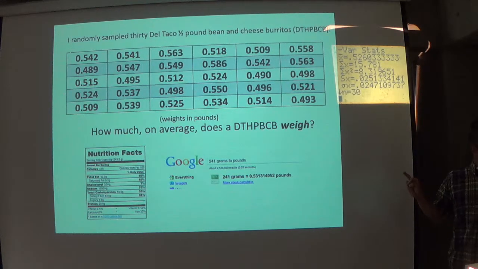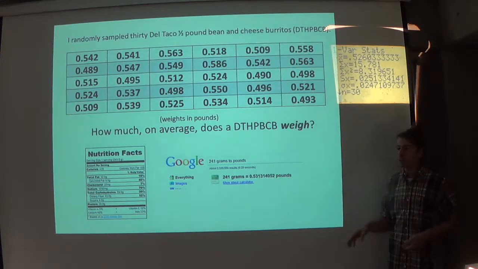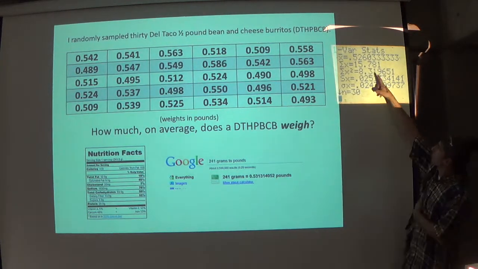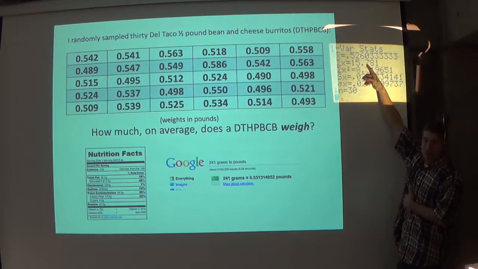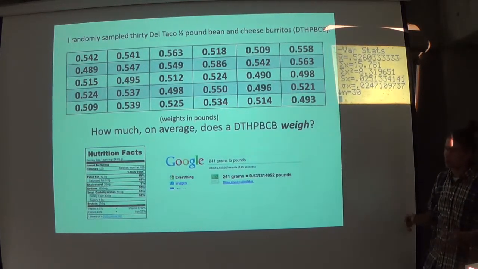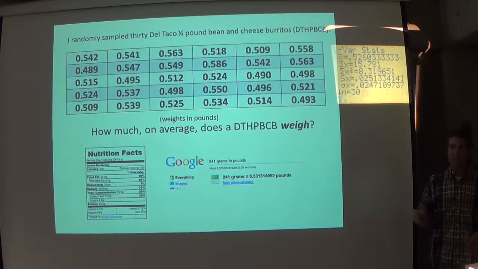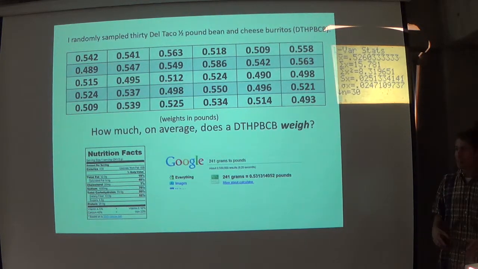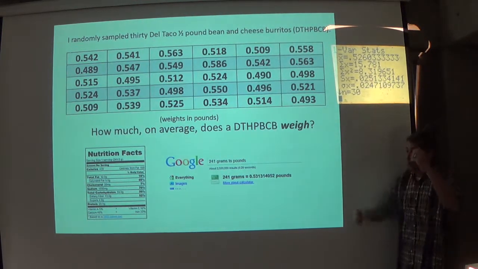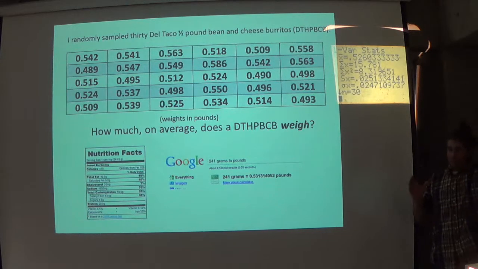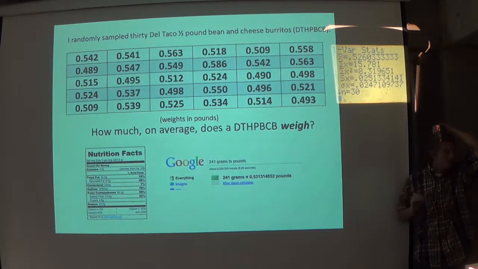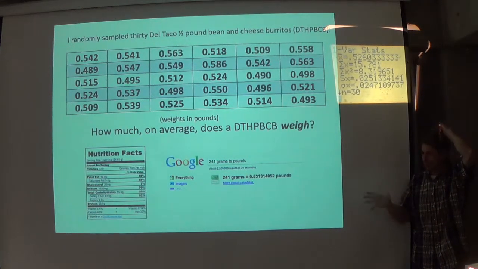They're calling the Del Taco bean half-pound pita cheese burrito a half-a-pound burrito. But then the Google search comes up at 0.53, which is over a half a pound, which is exceptionally close to our sample average. I mean, if you round it off to hundredths of a pound, which is probably imperceptible even in small quantities, it's damn close to what they're saying it should be. But then again, 9% is also close to 8%, right?